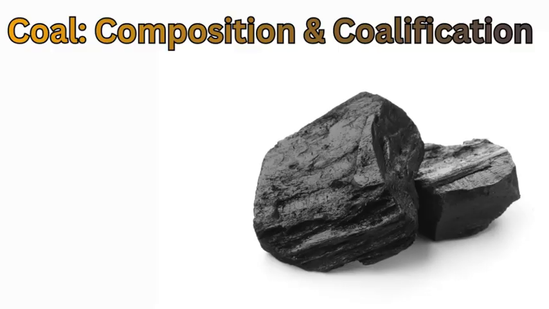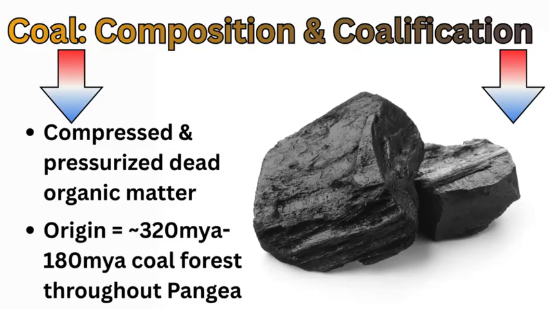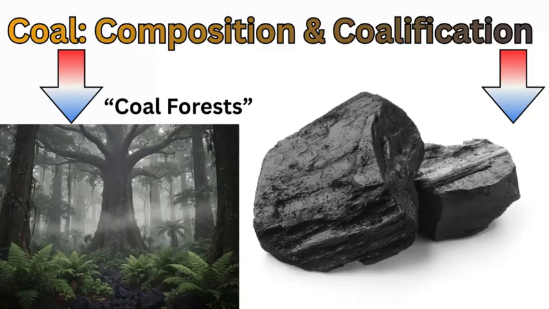Before we discuss the combustion of coal, we must first describe what coal is. Now, coal is compressed and pressurized dead organic material and matter, mostly vegetation and plant material, derived from ancient coal forests dating back to 320 million years ago to around 180 million years ago, during the time of Pangaea, where the majority of these epicontinental and terrestrial coal forests were in tropical swampy conditions, creating vast amounts of